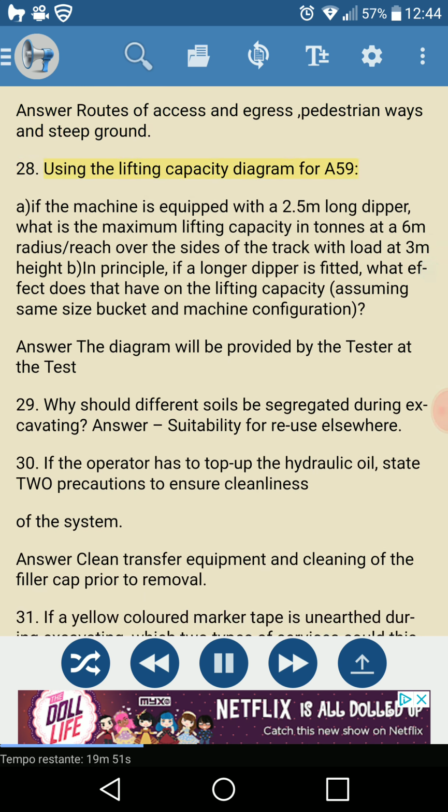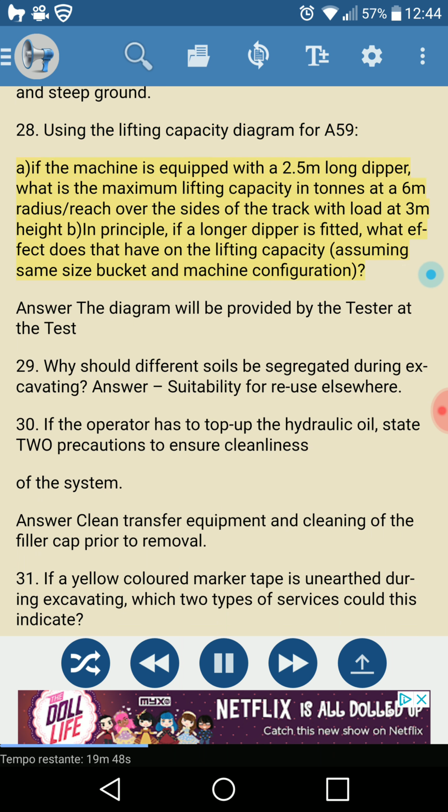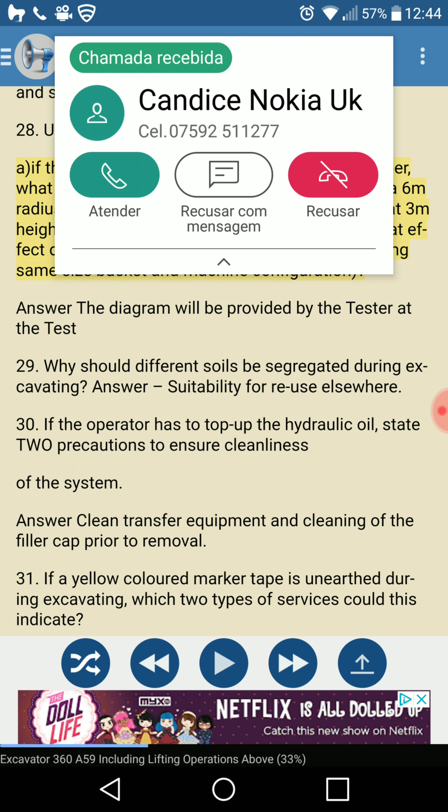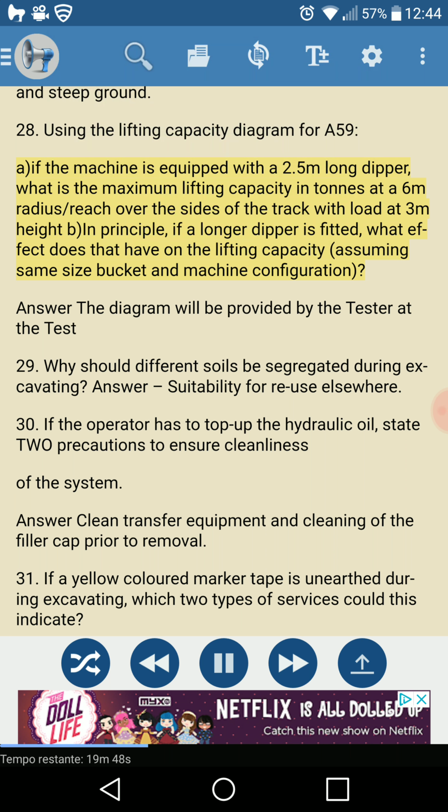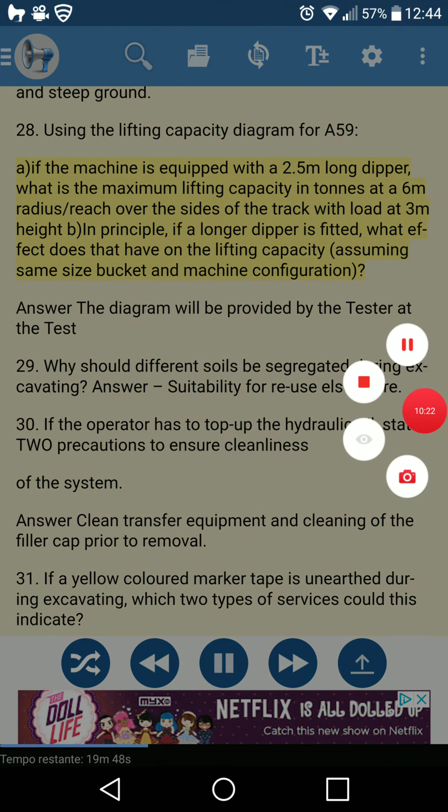28. Using the lifting capacity diagram for A59. A. If the machine is equipped with a 2.5 meters long dipper, what is the maximum lifting capacity in tons at a 6 meters radius? Reach over the sides of the track with load at 3 meters high. B. In principle, if a longer dipper is fitted, what effect does